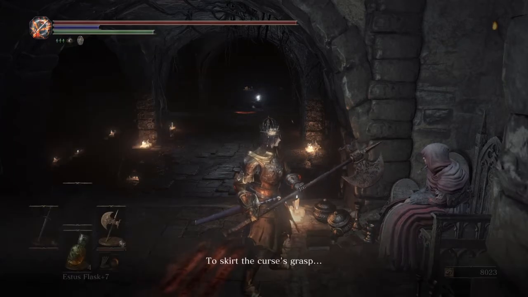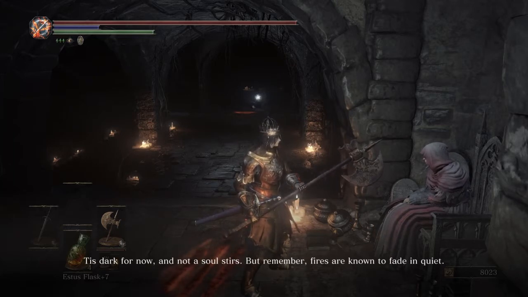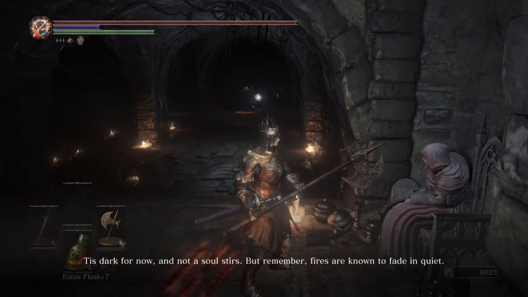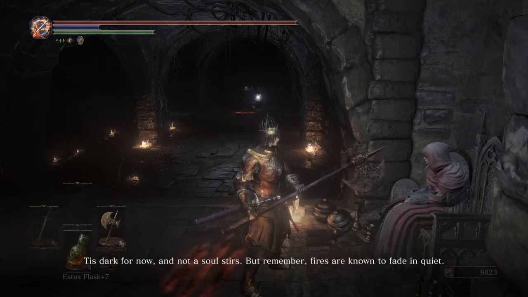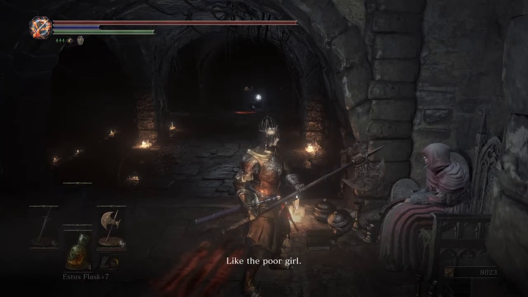Interesting dialogue, actually. To skirt the curse's grasp. Tarry not for long. So don't hesitate. 'Tis dark for now, and not a soul stirs. But remember, fires are known to fade in quiet. Or perhaps thou'rt captive already, like the poor...